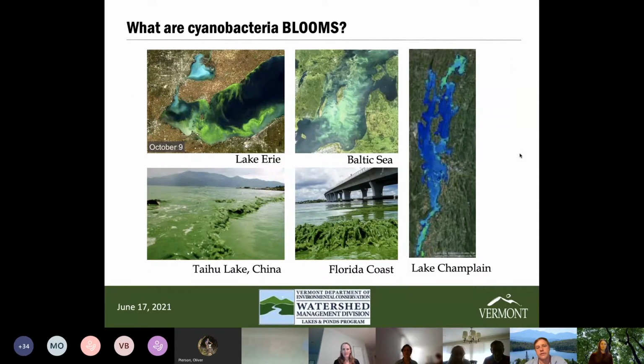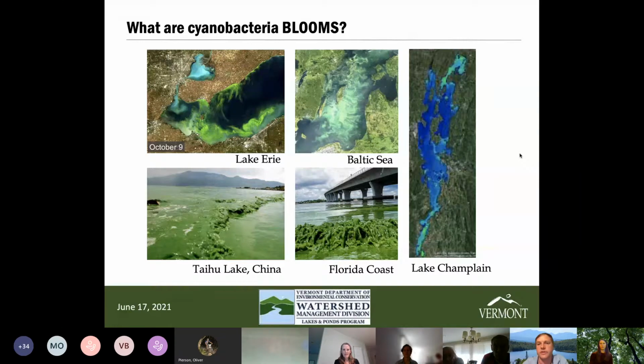So that's what they look like under the microscope. What they look like at the large scale: here are some images of some of the larger cyanobacteria blooms in the world. So I'm sure a lot of people are familiar with Lake Erie. The next picture is the Baltic Sea. So this is a huge area covered with a bloom of Nodularia. Taihu Lake in China has perennial Microcystis blooms every year. This is one of the largest natural lakes in China. And more recently, along the Florida coast, we've seen a major increase in cyanobacteria blooms there. And that's even in salt water, which is not as common an occurrence. Usually cyanobacteria are the dominant bloom-forming species in freshwaters, but in saltwaters you often have other groups.